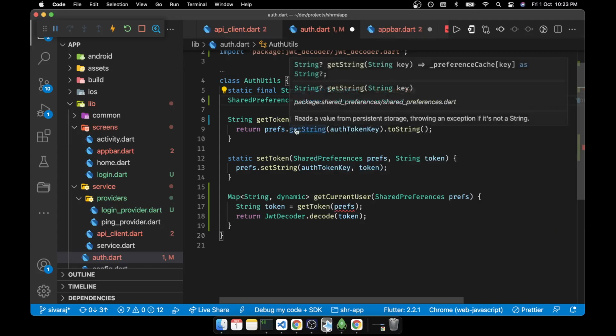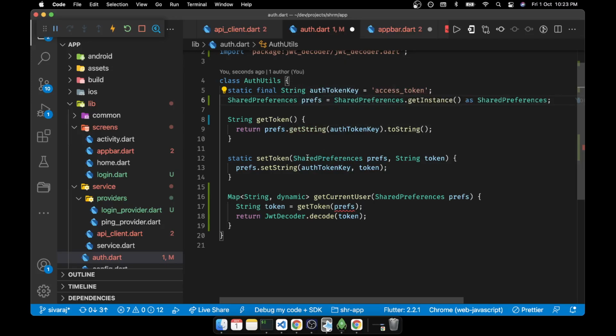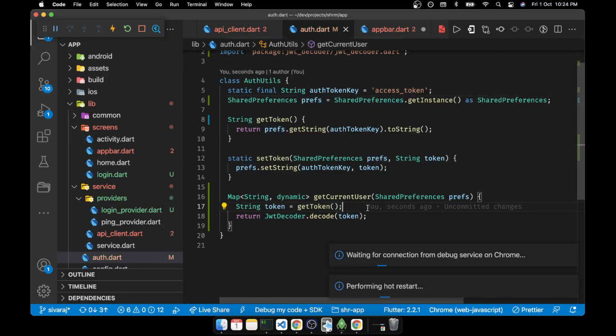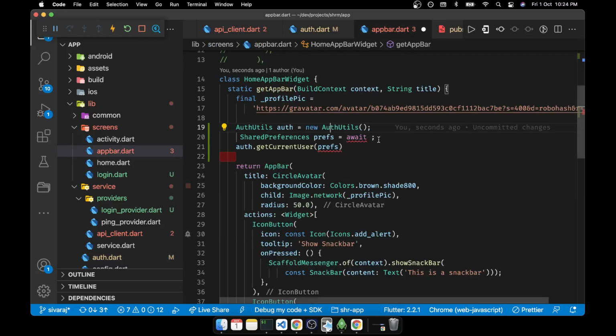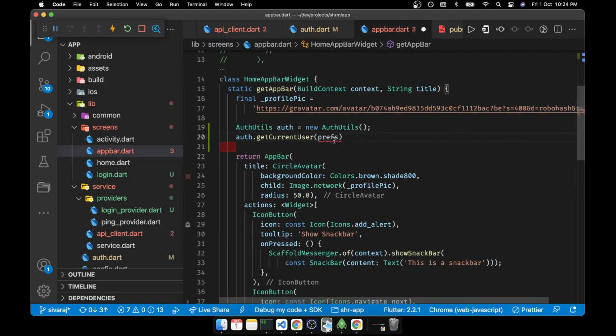Okay. We can get the token, and from the token we can decode it, so it does not require prefs. So now some places will get affected. Here we don't need this, so we can add this. We don't need to pass anything here.